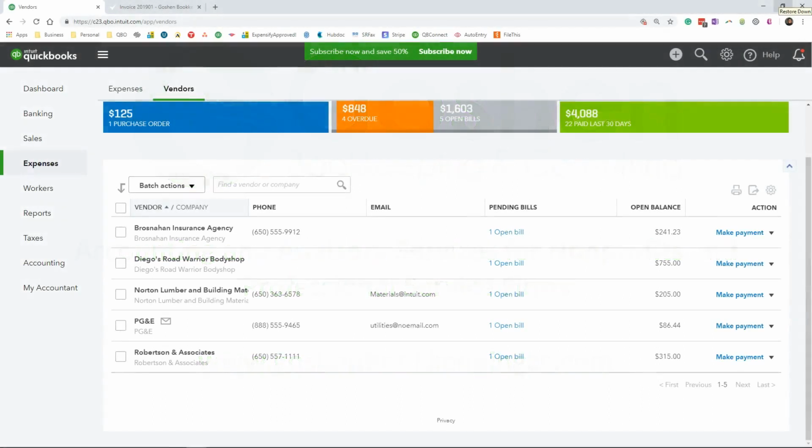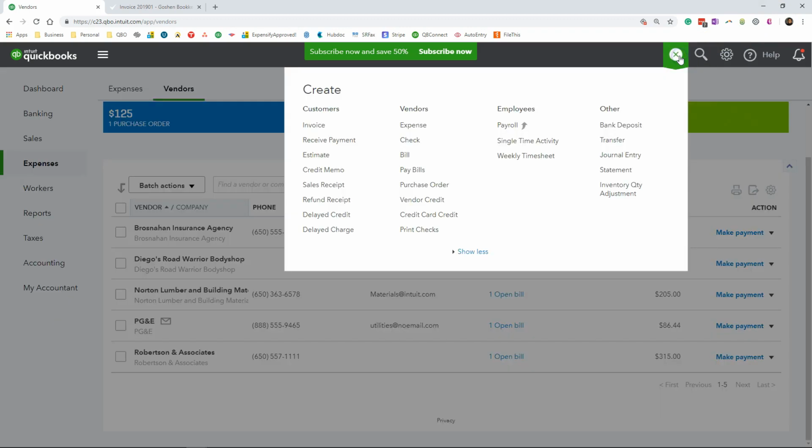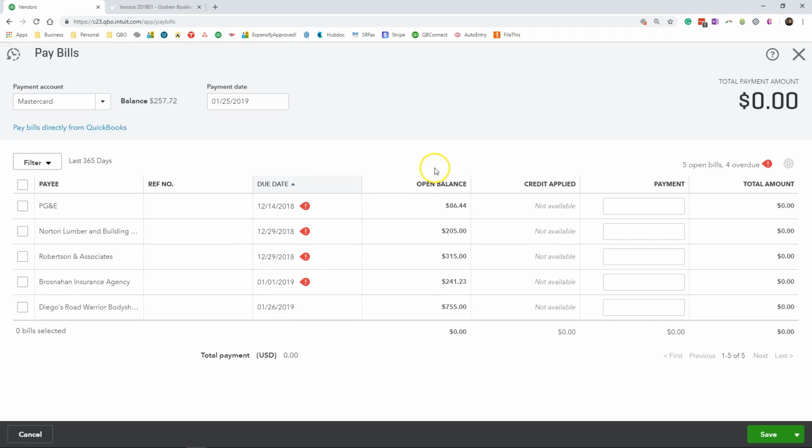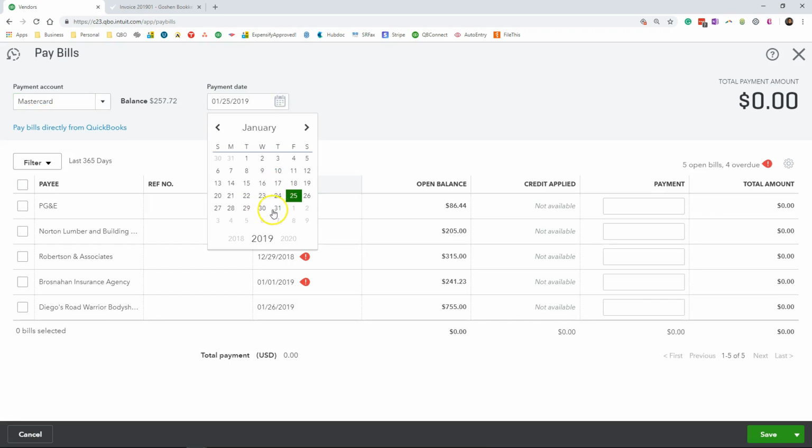To pay an existing bill using a credit card, I will click on the Quick Create plus icon, then select Pay Bills. In this screen, I am going to choose my payment account as the MasterCard. I'm going to select my payment date as 1/30/2019,